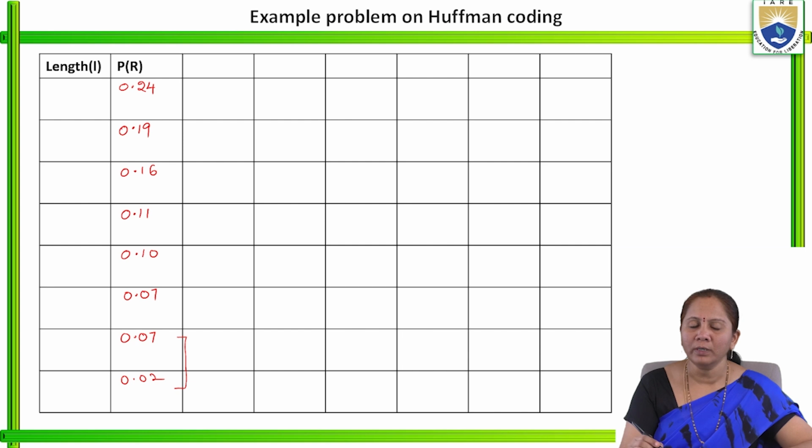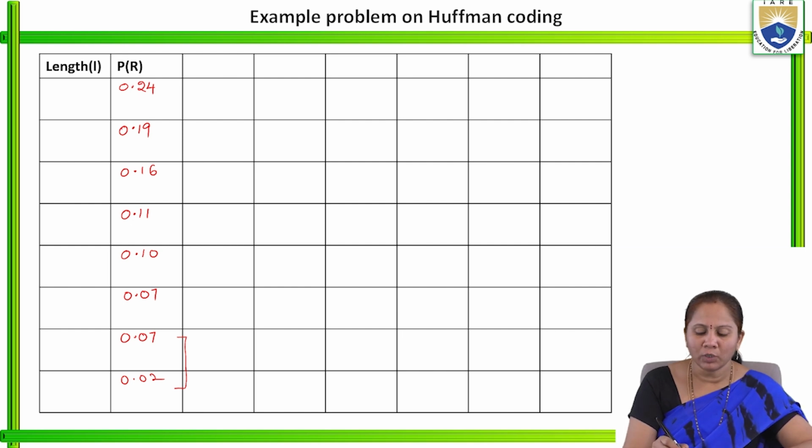Like that, we have to perform addition for the bottom two results, generate the new code, and place it in the proper place. We have to give it the highest priority and place it such that again all the probabilities are from highest to lowest. So now after addition we are getting 0.09. After that only 0.07 comes, so here I am going to place this 0.09, which is the newly generated code, whereas the remaining probabilities' positions will be the same.